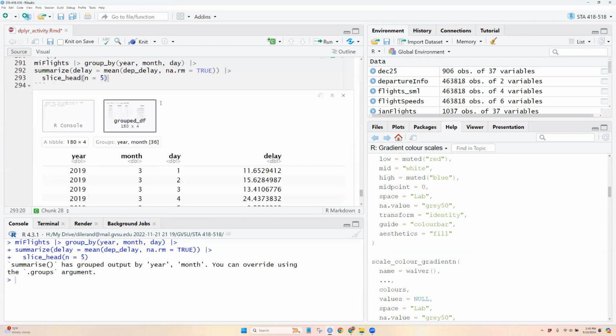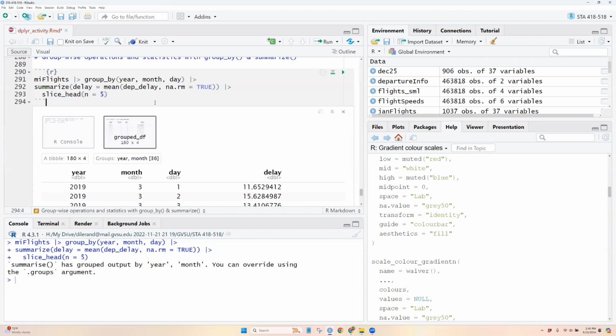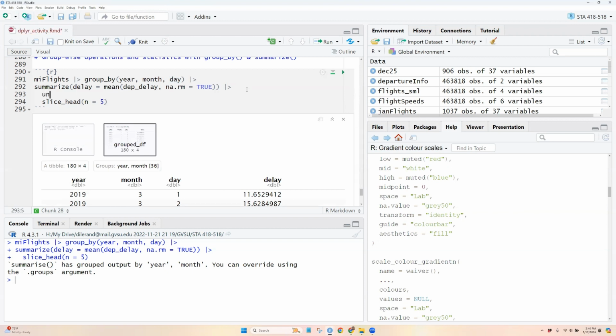A lot of rows in this. That's because we grouped by year, month, and day. If we added an ungroup option here,